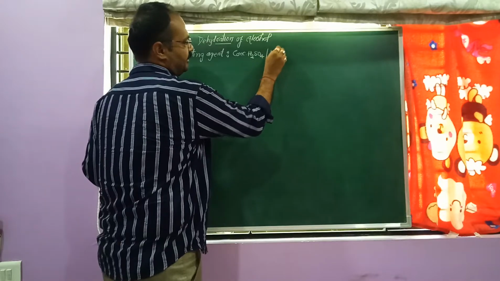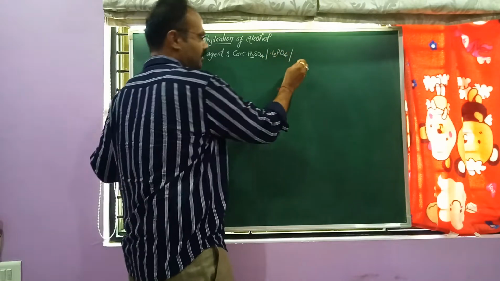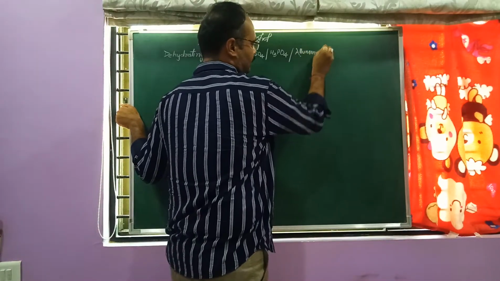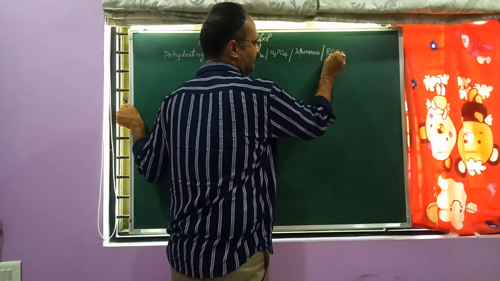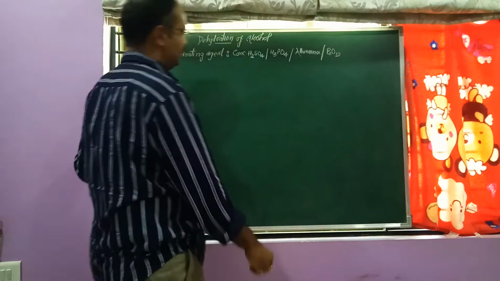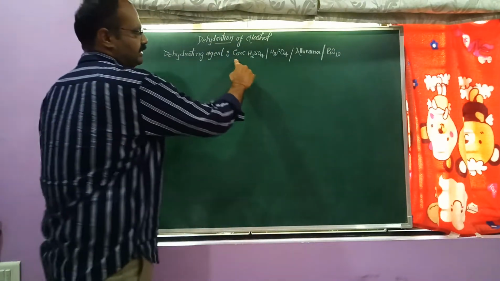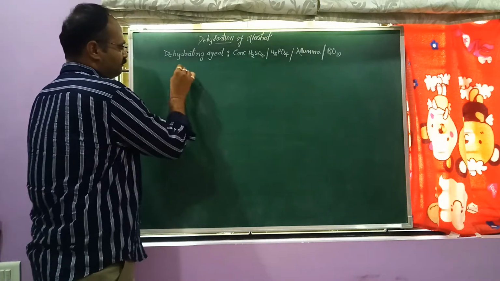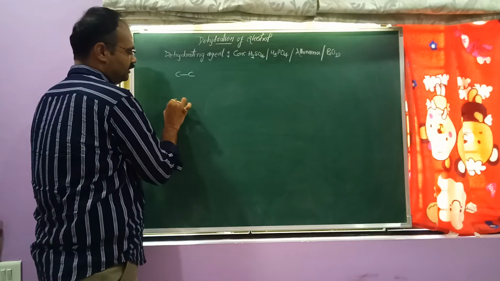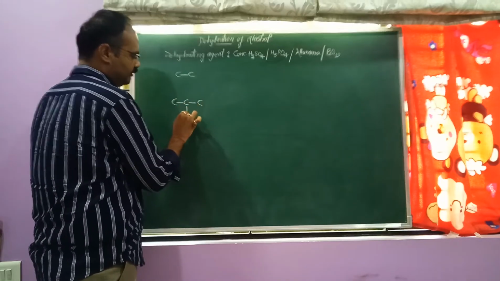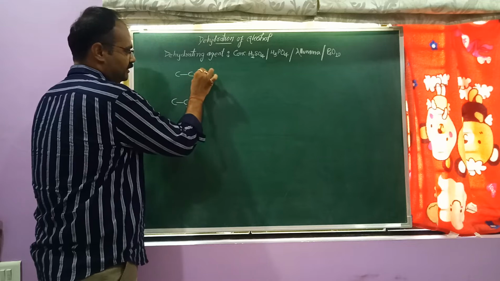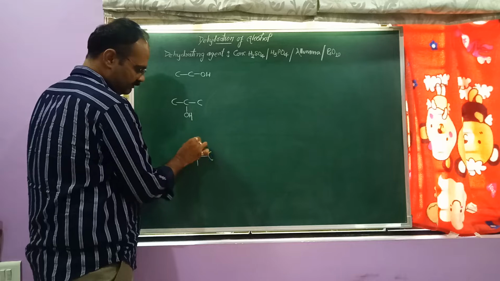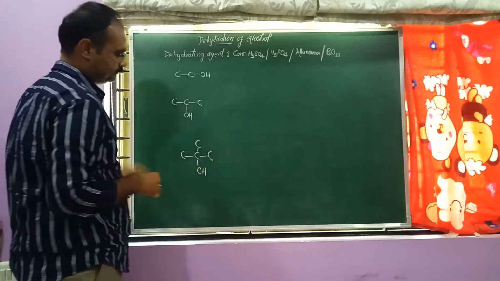Sometimes it is phosphoric acid, alumina can be used, P2O5 or P4O10, phosphorus pentoxide can be used. Right now we have these two examples, sulfuric and phosphoric acid. We consider three types of alcohol: 1 degree, 2 degree and 3 degree. We consider three different alcohols for this type of reaction.